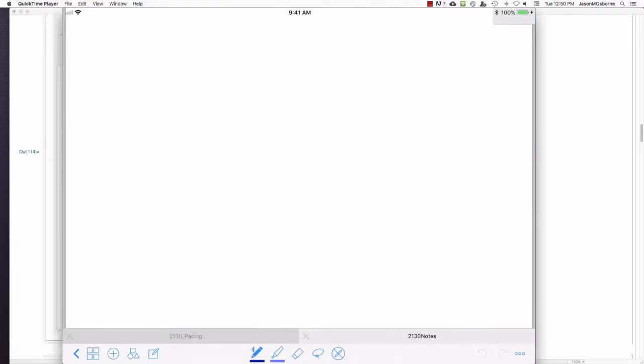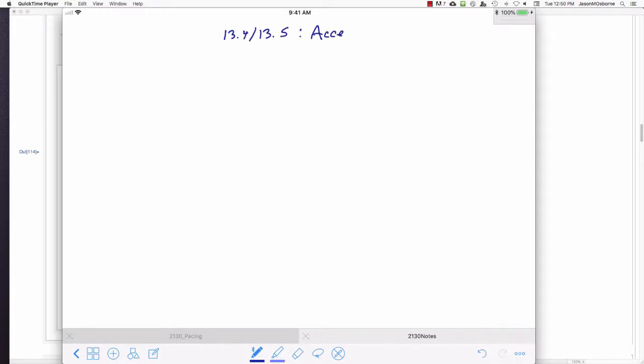In this video, we look at an example from section 13.4, 13.5 on acceleration decomposition, the acceleration decomposition problem, okay? And we'll just do an example. And I'll say this is on the easier side of the examples, easier because the derivatives